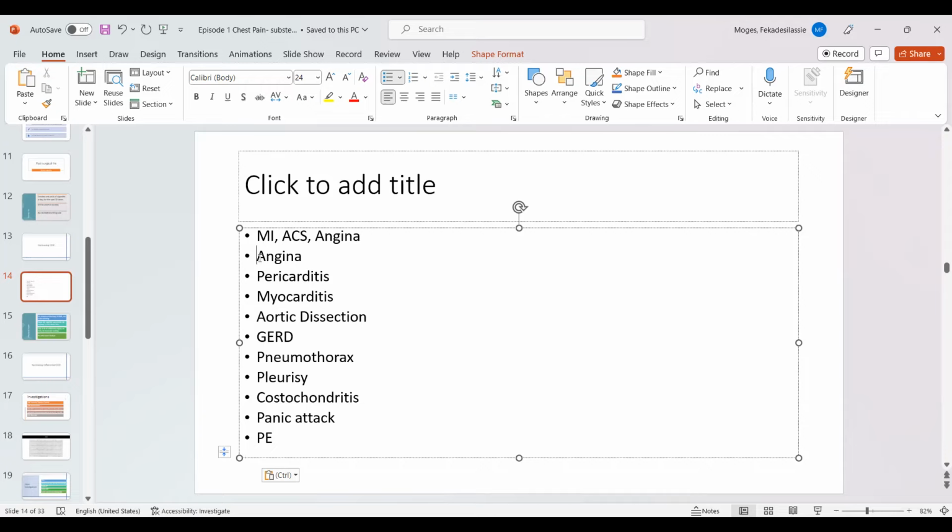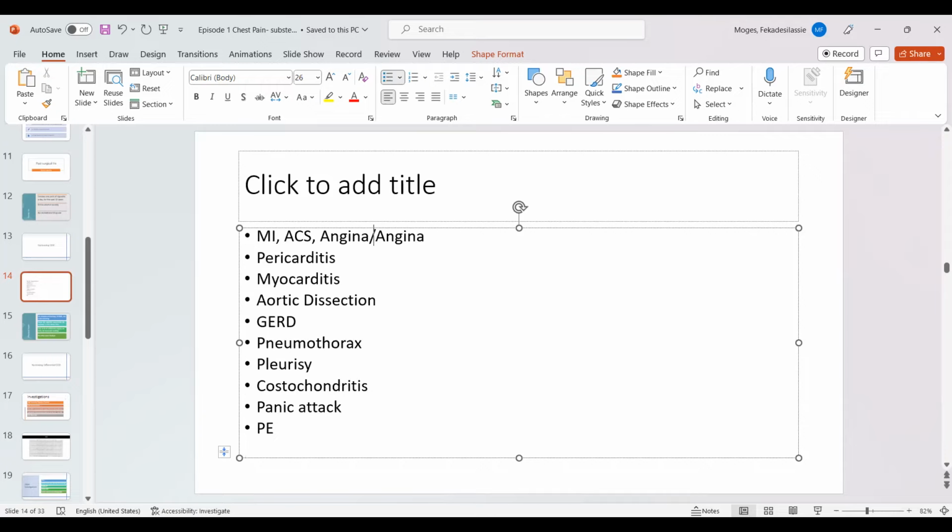Angina goes with this. If at all this is angina, is it going to be stable angina or unstable angina? Most likely unstable angina. And unstable angina is part of the ACS, right? In acute coronary syndrome, you have unstable angina, NSTEMI, and STEMI. So those are the three things. It's inclusive. We can say simply ACS, acute coronary syndrome, which entails NSTEMI, STEMI, or unstable angina. So we can keep ACS most likely.